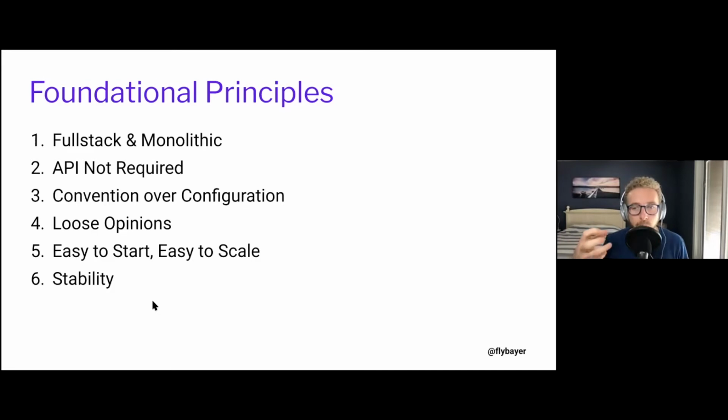And so we're going to have a real emphasis on stability so that you don't have to worry about breaking changes and things. And then lastly is community over code. We really value community. And we think community is more important than specific technical details of implementation, etc.